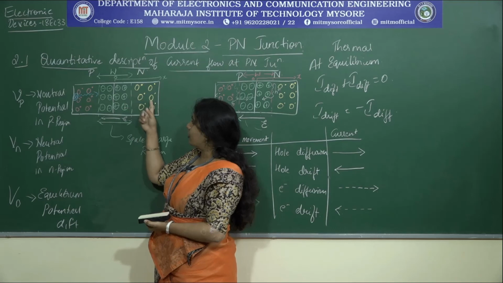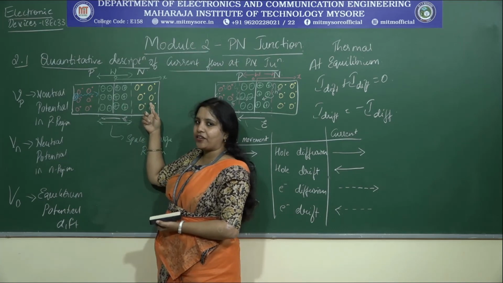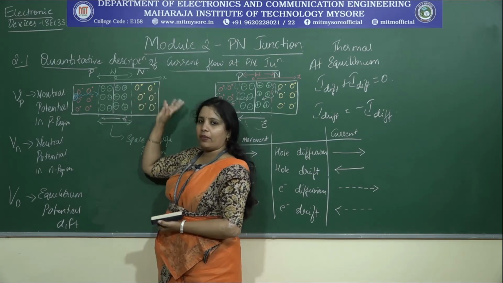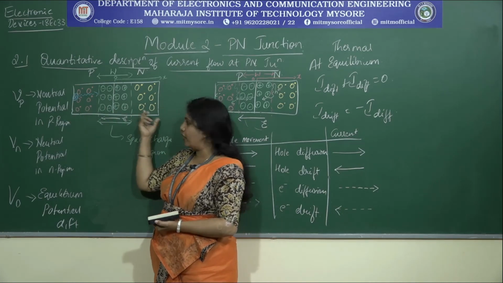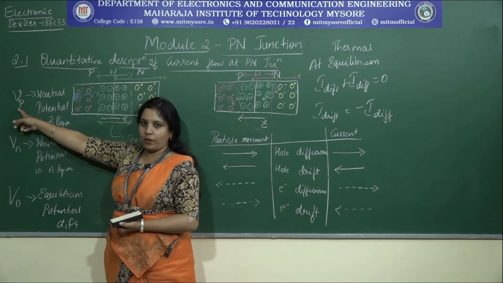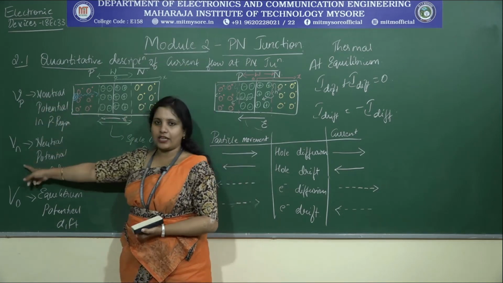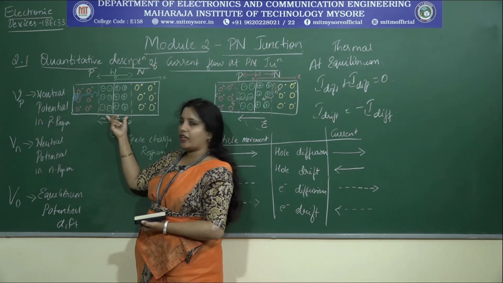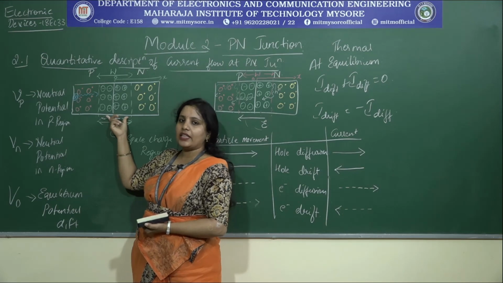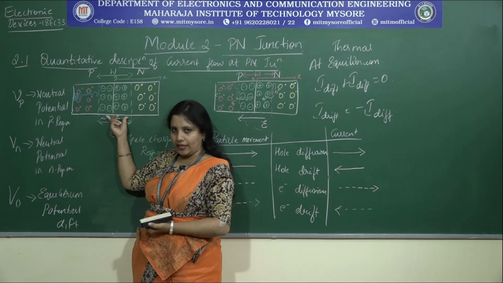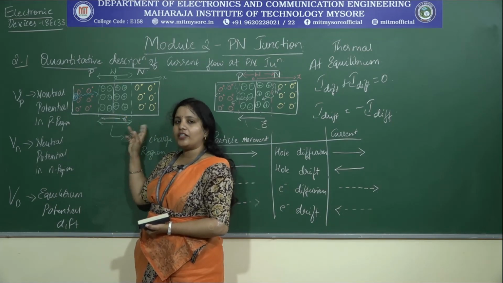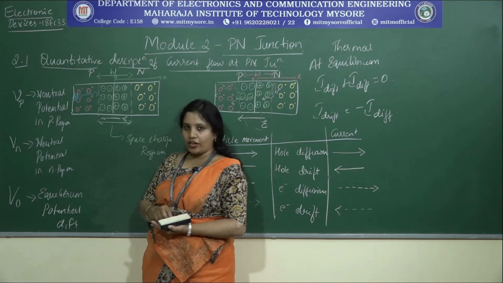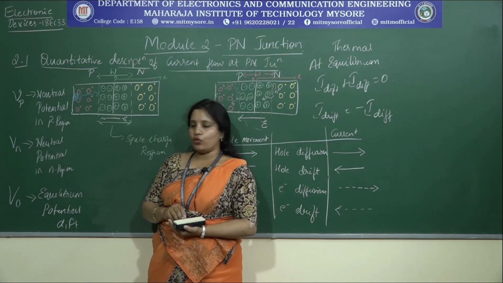Now, once it crosses this and comes to the neutral n region, the potential again remains constant. So in these two regions the potential remains constant. In this region it remains at Vp, and in this region it remains at Vn, whereas when it comes under the influence of the electric field, the kinetic energy gets reduced whereas the potential energy gets increased. Now, keeping all these points in mind, if I represent the graph of electrostatic potential, it goes as follows.